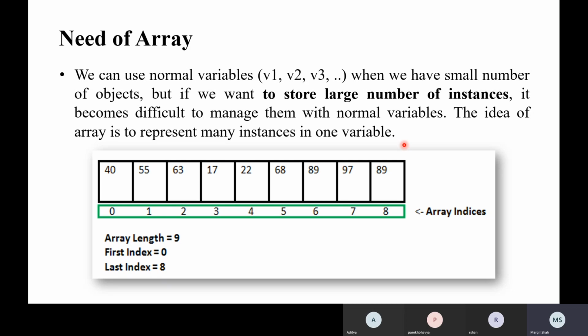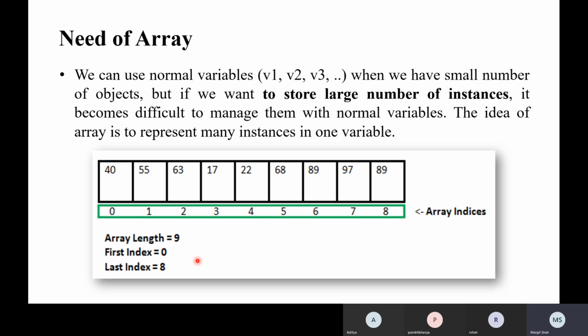The idea of the array is to represent many instances in one variable. So here this is 1, 2, 3, 4, 5, 6, 7, 8 and 9. So in total there are 9 elements available and the indices of the array are 0 to 8. So the array length is 9, the first index is always 0 and the last index is total minus 1, that is 8.